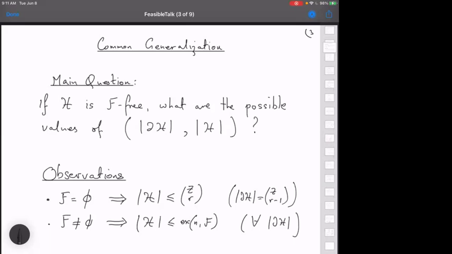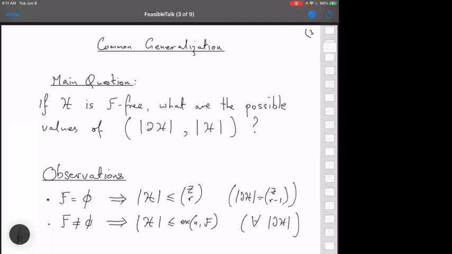So you have an F-free hypergraph. The question is, what are the possible values of ordered pairs where the X coordinate is the shadow and the Y coordinate is the edge set? Okay, so this is a very, very basic question,